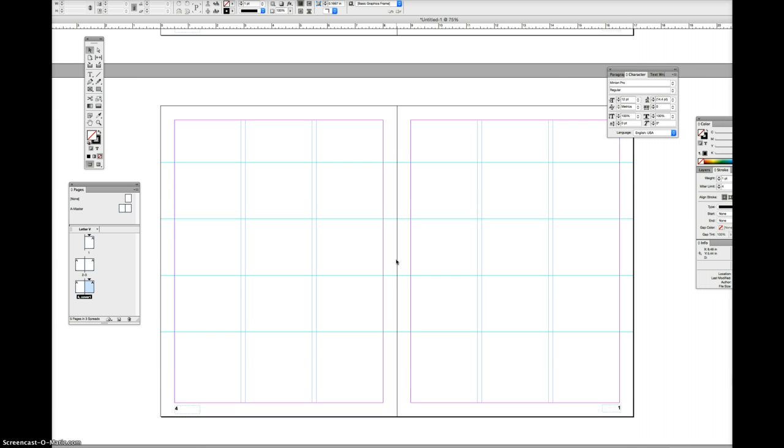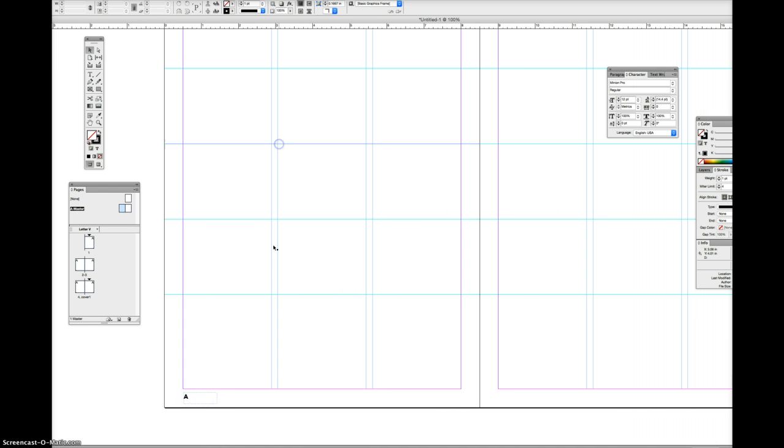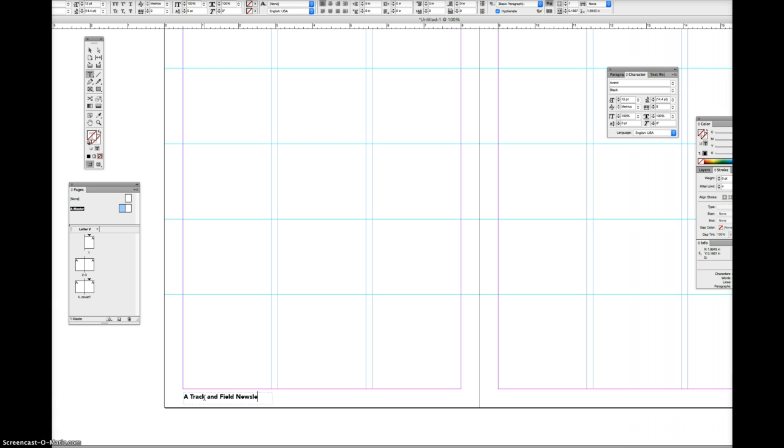So this is good for the newsletter, and if we had to change something, you want to change it in the master page. So let's say, for instance, we wanted to put the name of the actual newsletter. Let's say we were doing a sports newsletter, and so I can type in here track and field newsletter. Gotta open up my box a little bit,